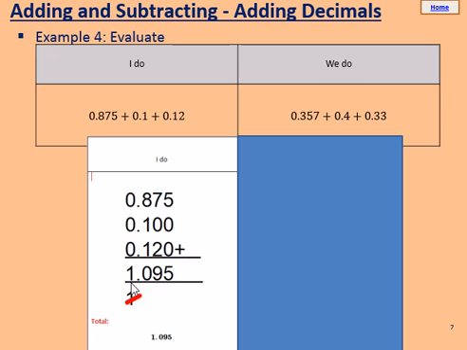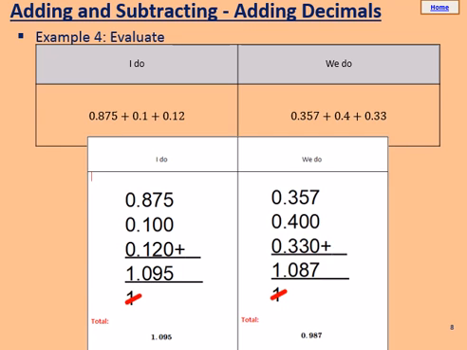1.095. Pause the video and try the we do in your books. Use the I do to help you through. Okay, so for the we do, you should have got an answer of